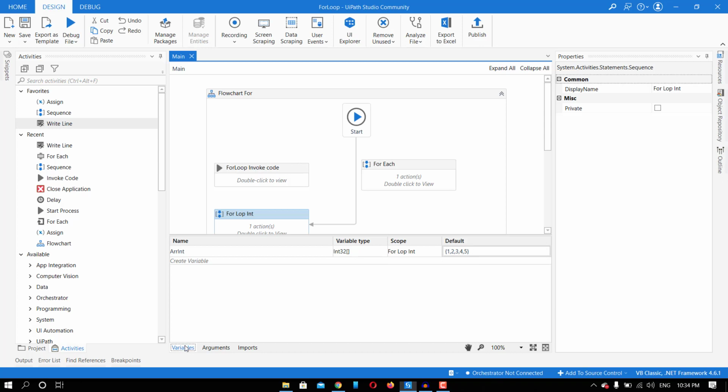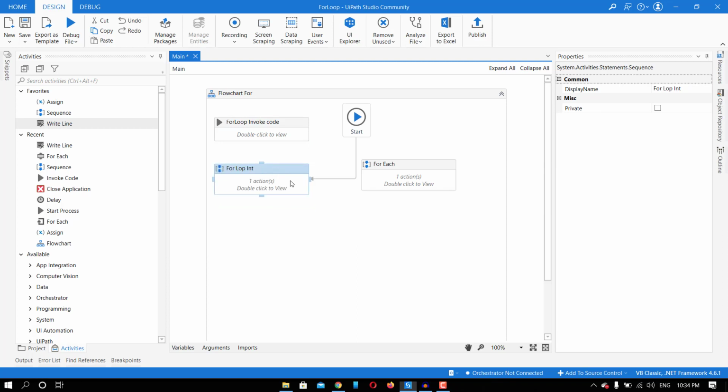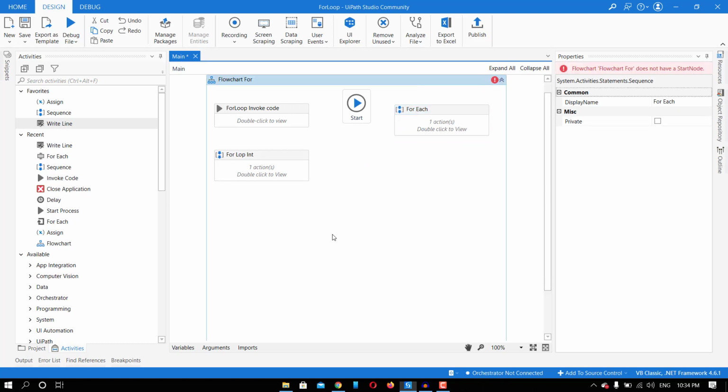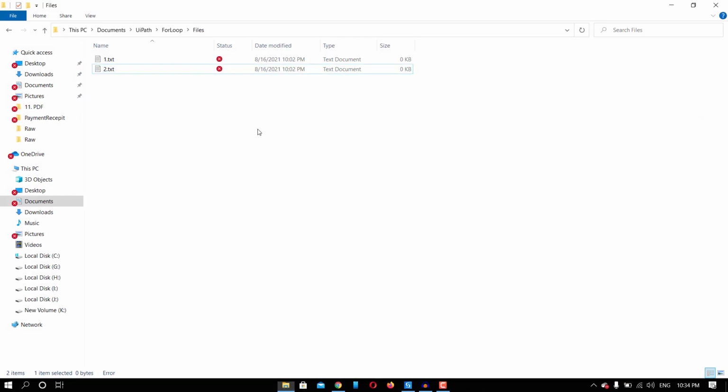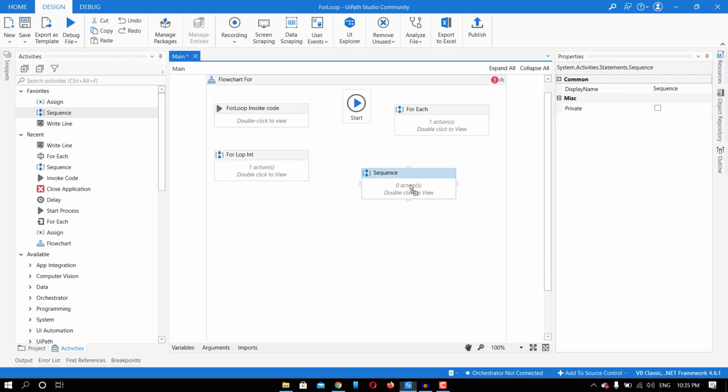Now these are the theoretical examples. Now let me give you a practical example so that you can get to know how to use it in your project. So now what I am going to do, I have a folder here in which I have two files. Okay, so what I have to do, I have to open each file in this particular folder. So let me just copy the path of this folder. So you got the requirement. We have a folder where we have some files. Here I'm just opening and closing, but in a practical scenario it could be that you have to open each file and perform some operation on it.